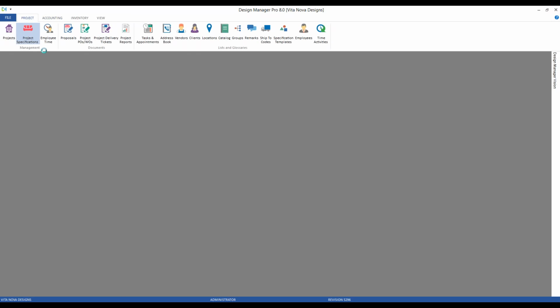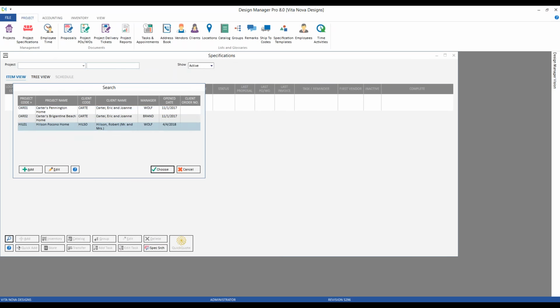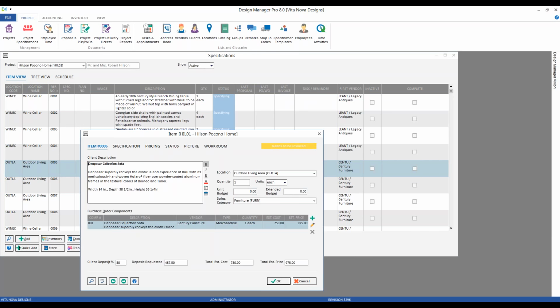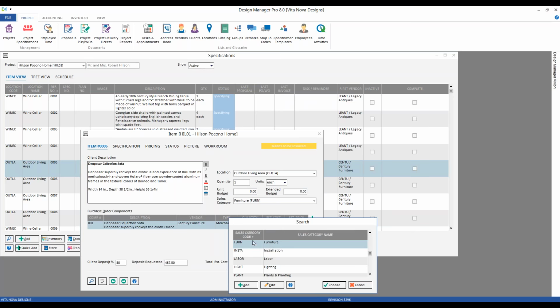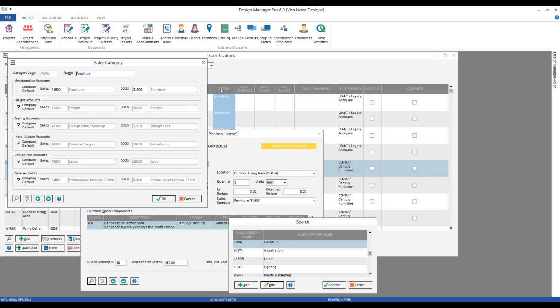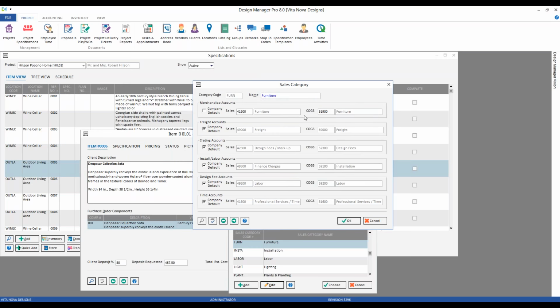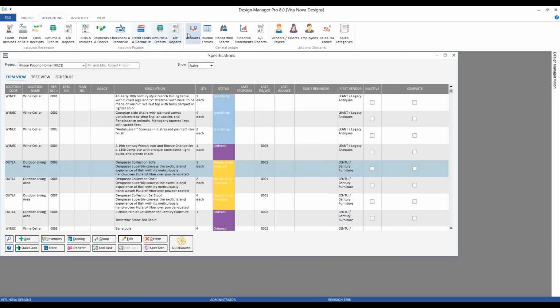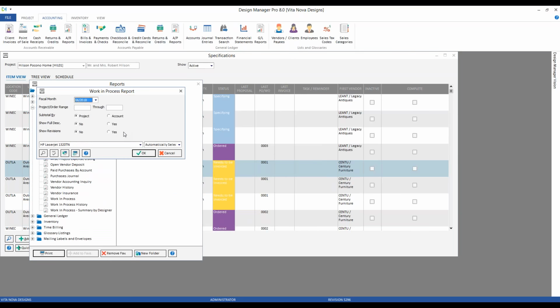Let's go to our project tab, specifications. Let's go to our Hilson Pocono home. Let's take a look at our sofa here. Now notice, our sofa is assigned to the furniture cost of the furniture sales category. If we dig a little bit deeper and edit our furniture sales category, we can see the associated cost of goods sold account for merchandise is the 51,900 furniture cost of goods sold account. And if we refer back to our work in process report,